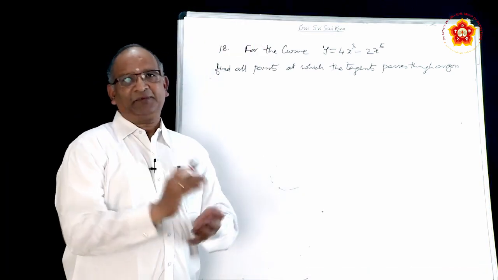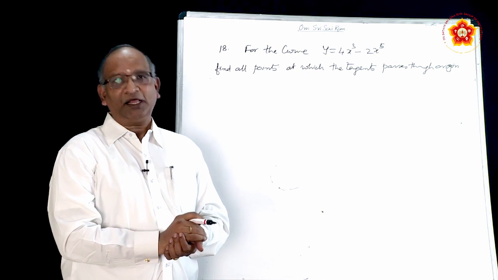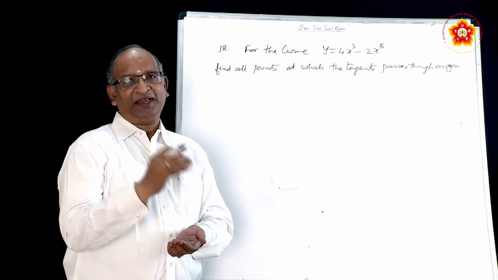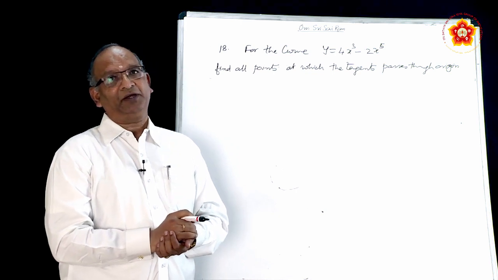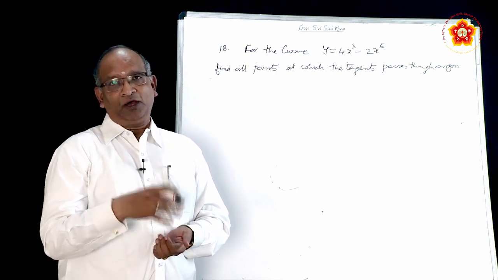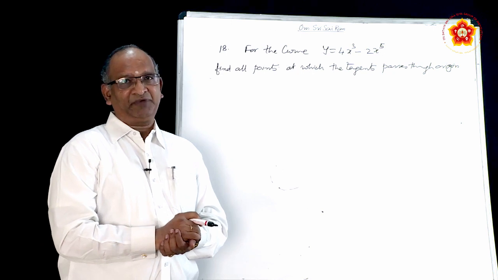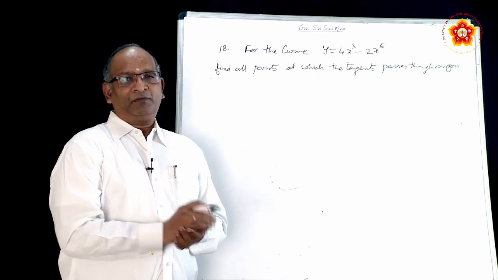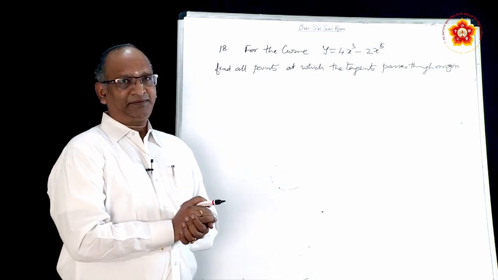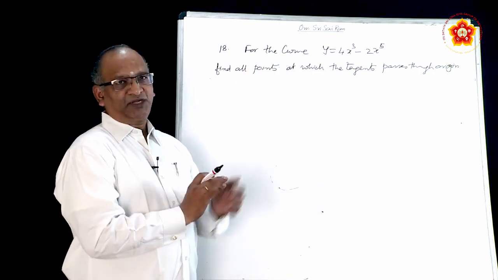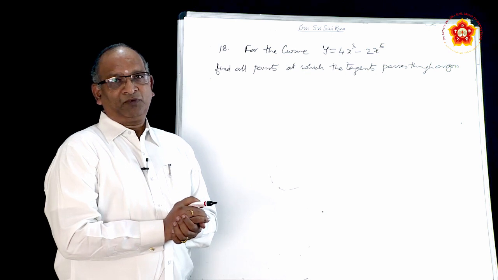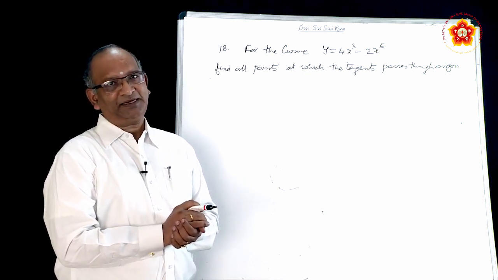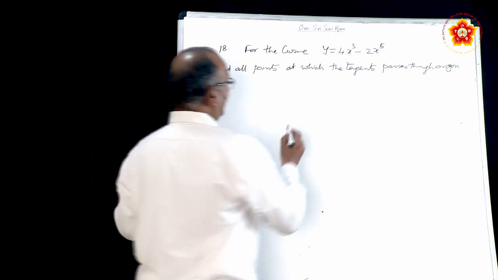We only discussed the problem and I asked you to solve it. Later on, another boy happened to ask about the problem. He found it a little difficult to understand. So, I thought you also may have a similar kind of difficulty, so I will do the problem based upon what we discussed yesterday. We know the function. We want to find out the slope of the tangent. What is the slope of the tangent? Nothing but the derivative. So, find out dy by dx.